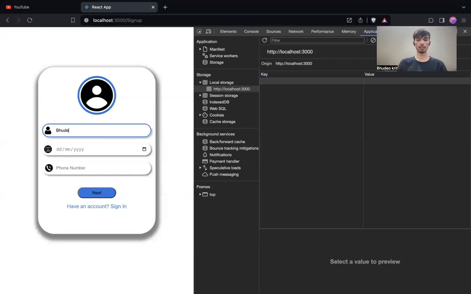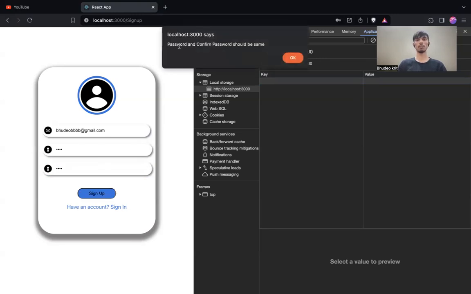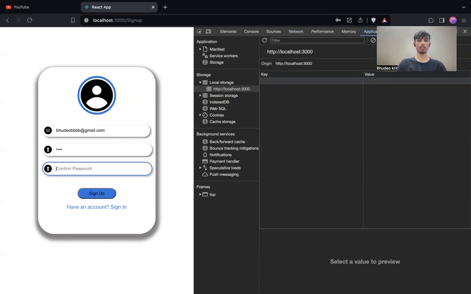Like if we enter my name here, and date, phone number, email, and some password. And if the password does not match, and you click on sign up, then it will show an alert that the password and the confirm password should be same. So first let me write the same password,